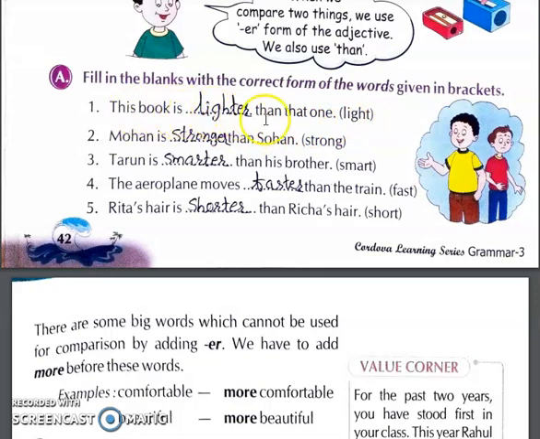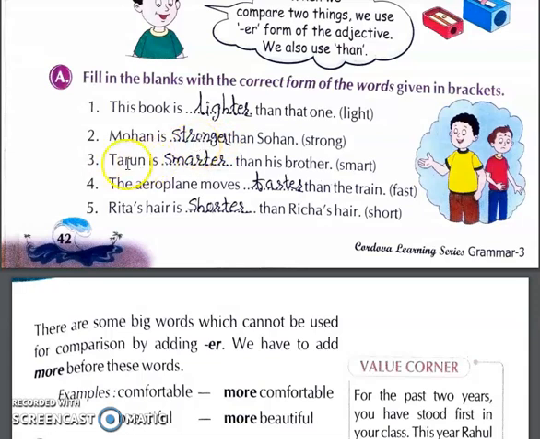The book is dash than that one. So this book is light. So we will write, after the blank the word is given then. That is why we have to write lighter. The book is lighter than that one. Mohan is dash than Sohan. The word is strong. So we will write here stronger. You have to remember that after the blank, if then word is given, then you have to add ER only